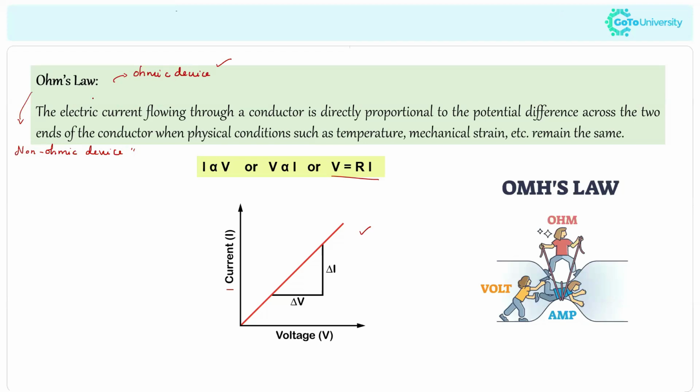And here it's very important that Ohm's law is valid only if the temperature is constant. Okay, keep this in mind. Sometimes they ask this in your exam too. So as I said already, based on Ohm's law, the current is directly proportional to the potential difference, and in terms of an equation, V is equal to IR. Here R represents the resistance.